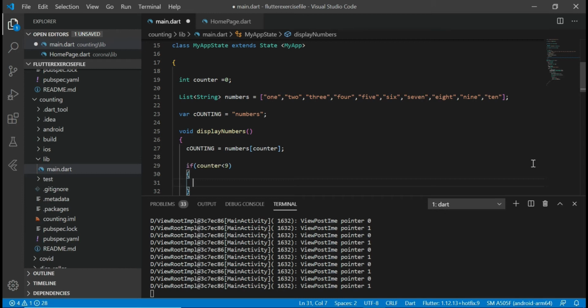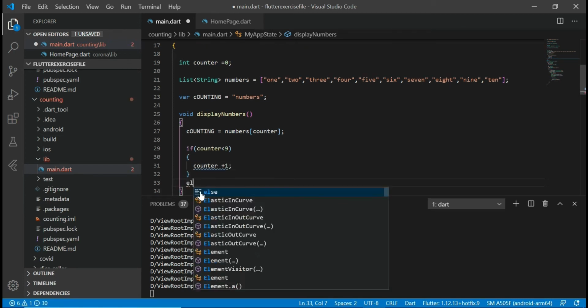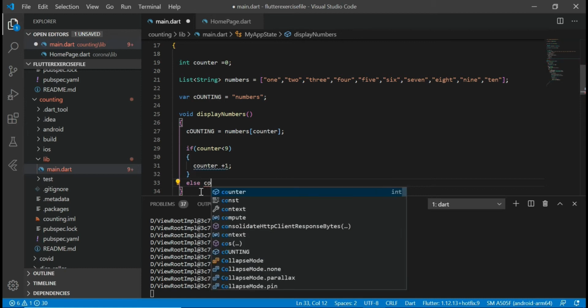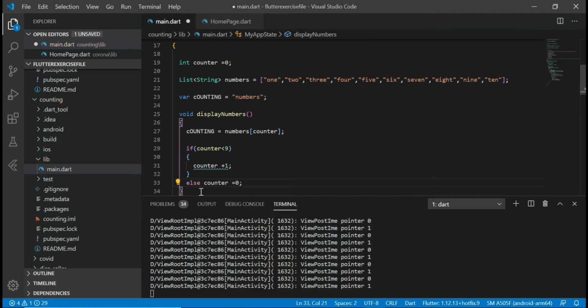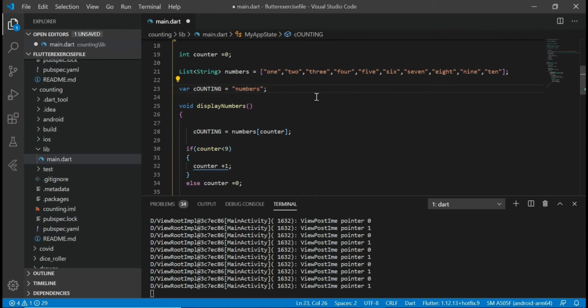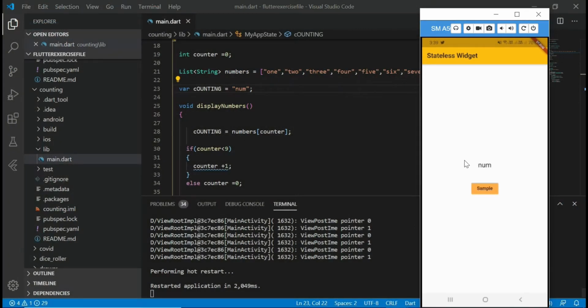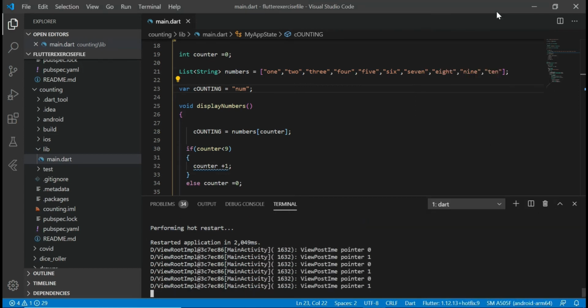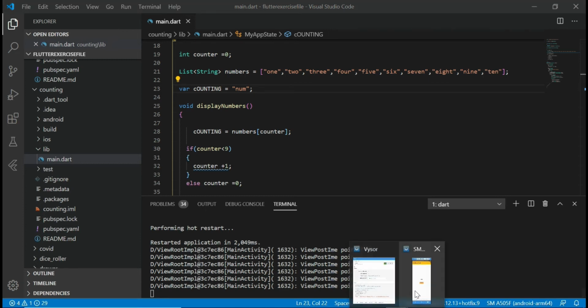Now it's a normal if else statement. If counter is less than 9, which means in an array all the lists start from 0 to 9, which means there are 10. Let's call it as num, otherwise it makes some confusion for you. So num is perfect. Now look, when I tap on sample, the num gets converted from 1, 2, 3, 4. That's it. Now our function is ready,